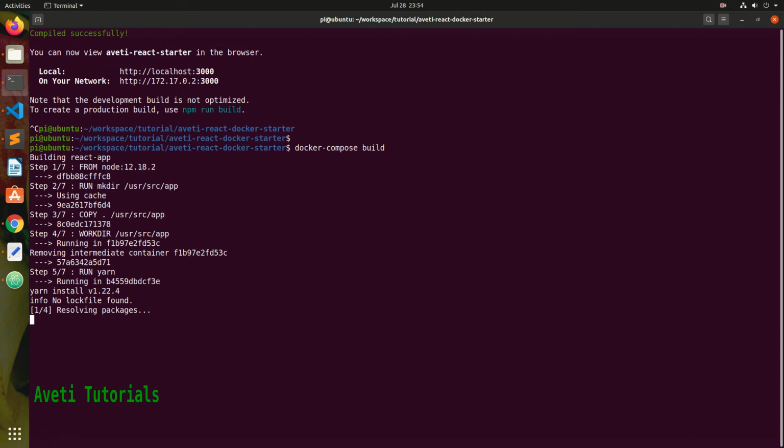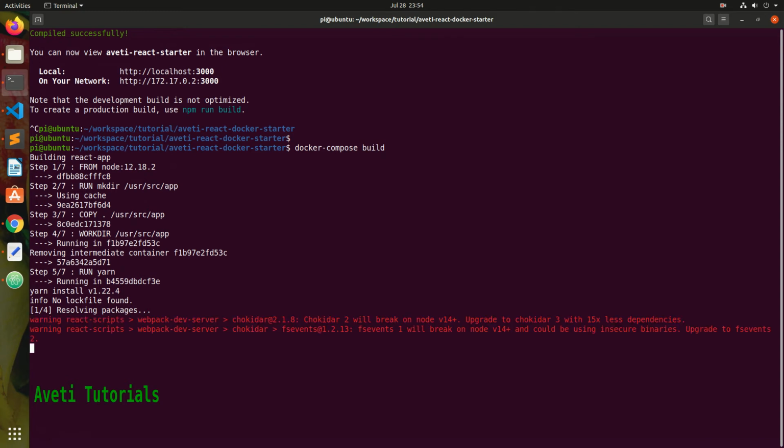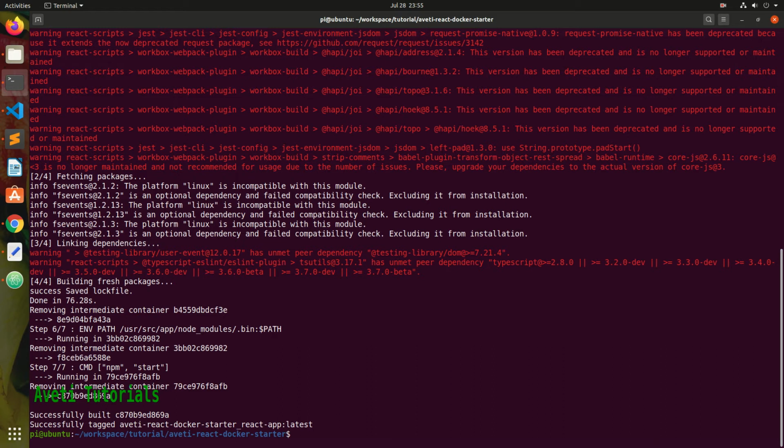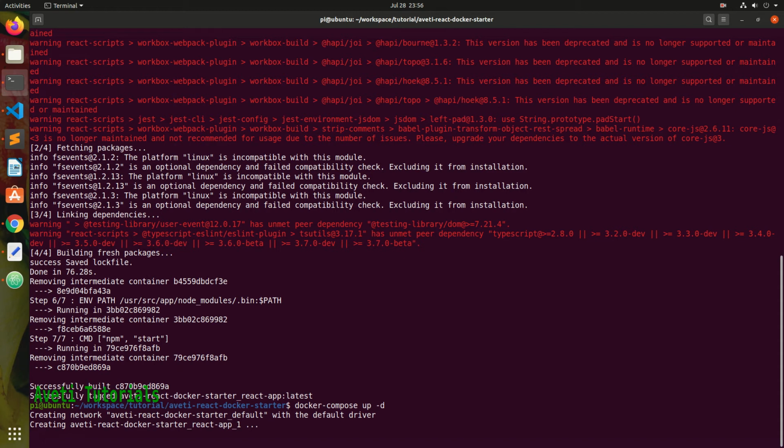This might take some time. The image is built. Now I will run it. We give docker compose up -d. This command helps to start all the containers which we have defined in your docker compose file.